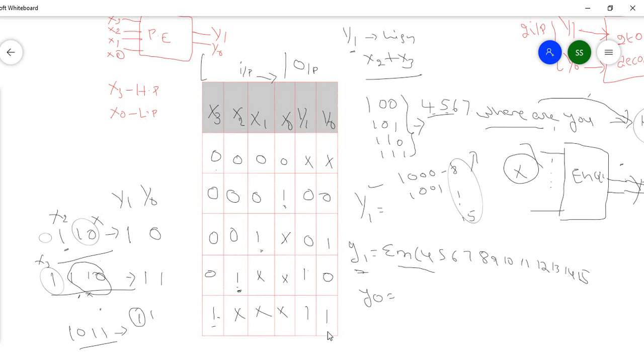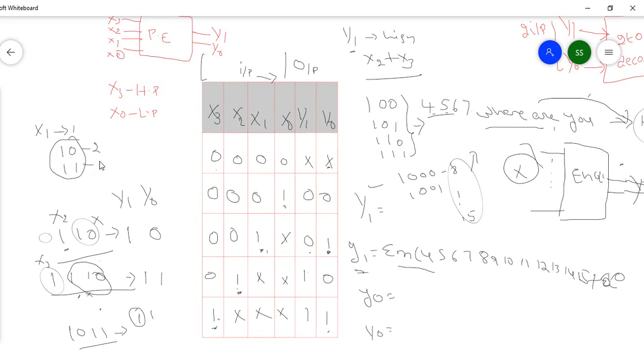Okay, you can remember why not is 1 for this condition and 1 for this condition. Yes or no? And don't care for all zeros, that is the x here. It is high for x1 and high for x3. So what is the equation? When you are taking y0, it is the condition for this 0 and 1. Actually it is high when x1 is high, which means the 1 0 or 1 1 condition. So the 1 0 condition is 2 and the 1 1 condition is 3. These two conditions I will get. So don't care is x0, either 0 or 1. So you can take the 2 and 3 conditions.